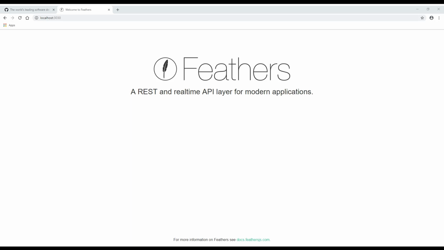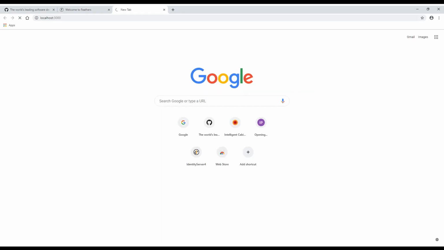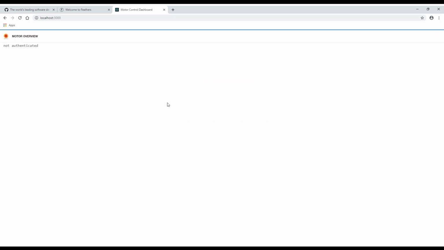Let me now open it up here. Yeah, now it loads up, and what you see now is a funny text called "not authenticated", which means that we actually have never been authenticated for the API to fetch it. Do you remember in the slides I showed you that Feathers has this